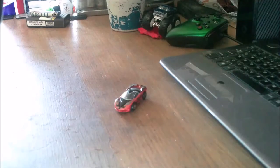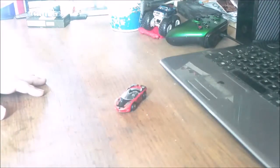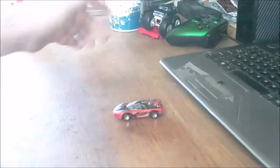Yeah, I also have an actual Knight Industries 2000. That's up in one of my display cases up here, and I can't be bothered getting it out, to be fair. You all know what it looks like. But yeah, this was the one there that in the film